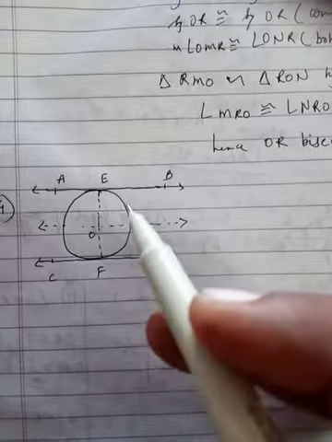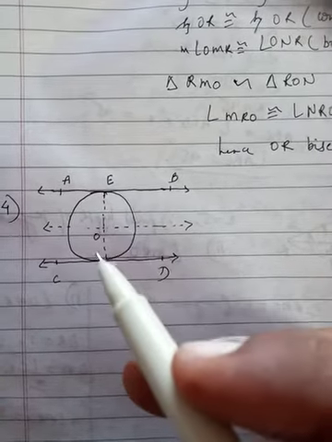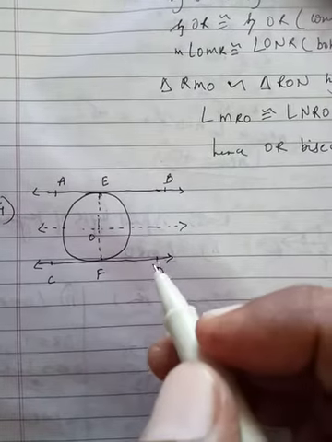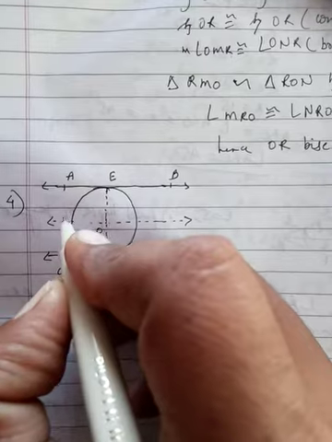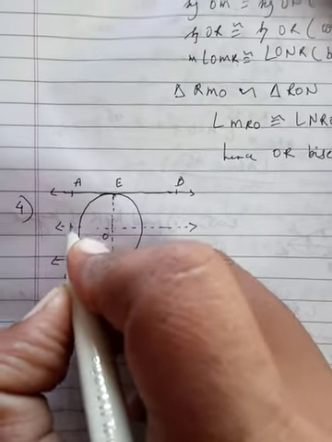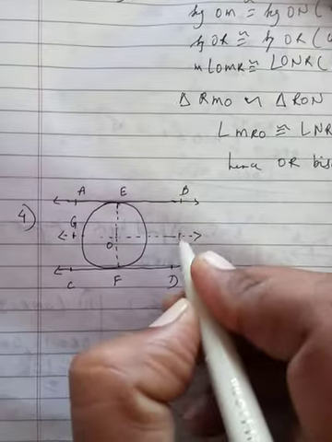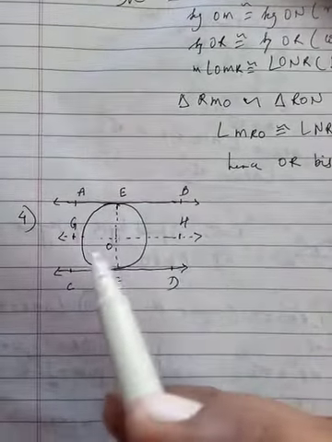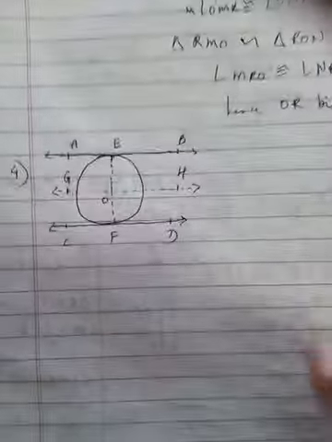Okay, and we have constructed two lines, that is we have joined EF, and let us check here one more segment, GH. Here we will take G and H. Okay, so now you can see AB is parallel to GH, GH is parallel to CD. So let us write the descriptive now.